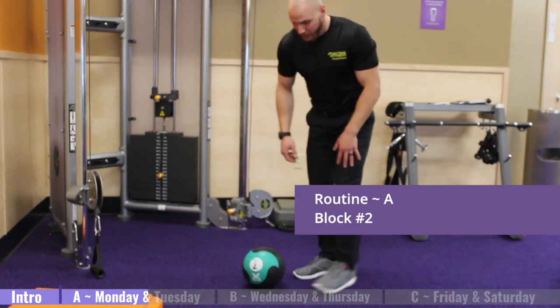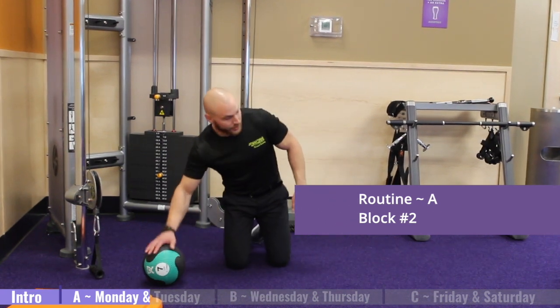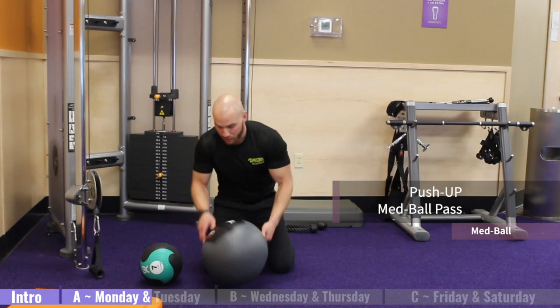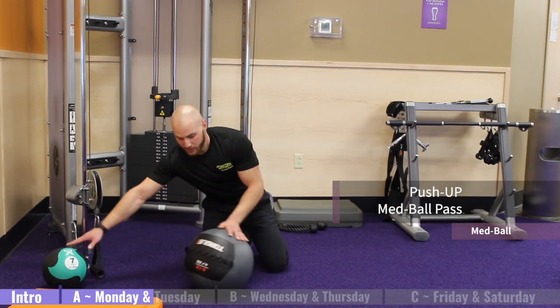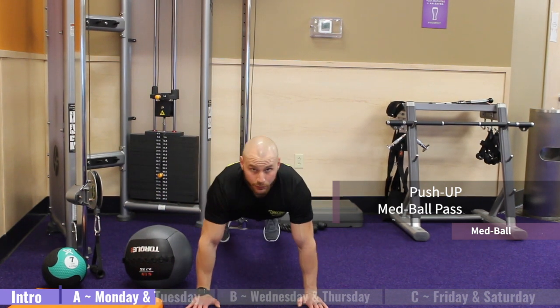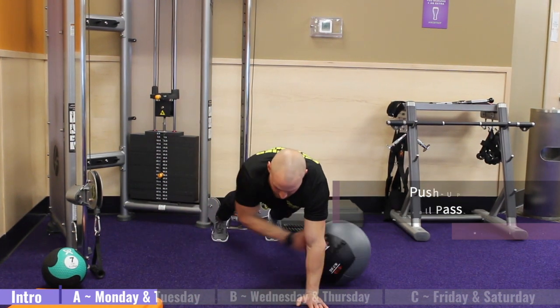Block number 2, we have a push-up with a medicine ball switch. So here we can utilize these if the gym has it. All of our gyms I know have the big wall balls, okay? So what this exercise is gonna look like, set it off to the side. Optimally, we'll be up on the toes. We'll hit our push-up, shift on the one arm, switch sides,